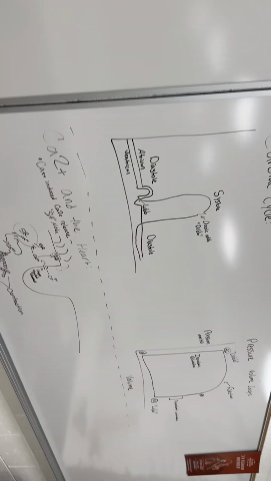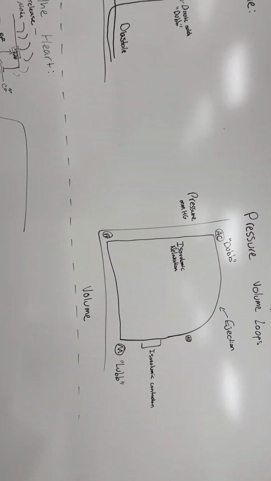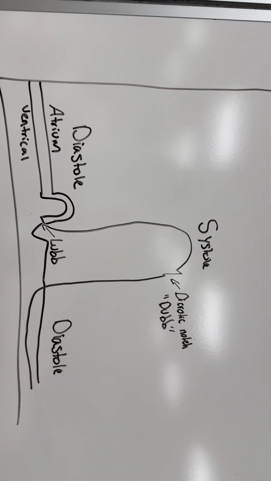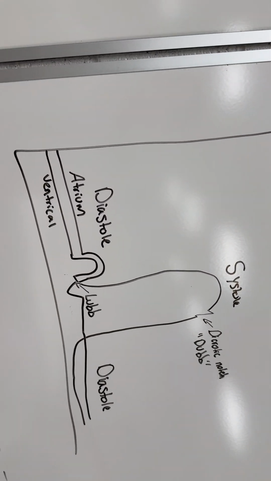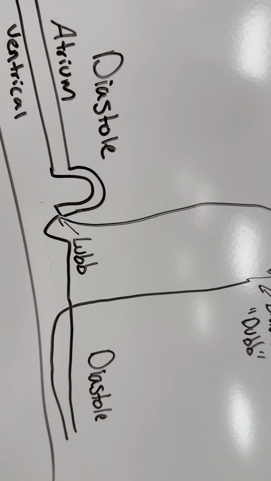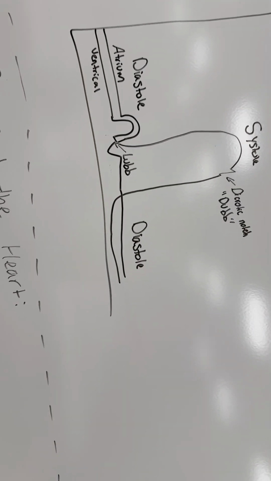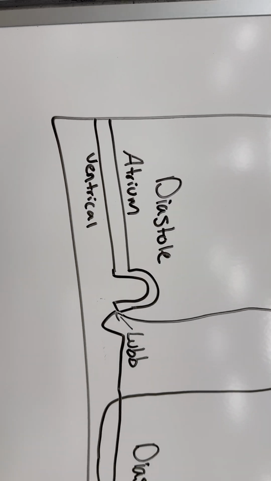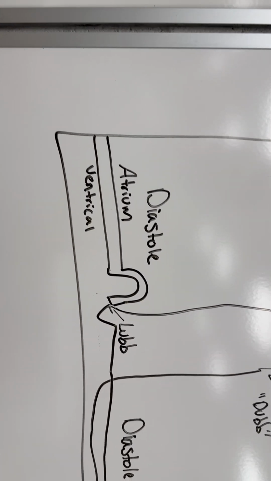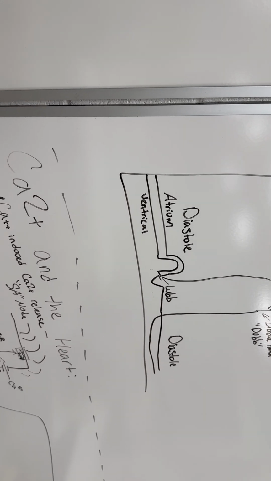All right, moving on to the cardiac cycle, so pressure volume loops. During the cardiac cycle, we have diastole and then we have systole. Diastole is the relaxation of the ventricles, and systole is the contraction of the ventricles. So at first here, specifically regarding the left atrium, left ventricle, and the aorta, what's going to happen is during